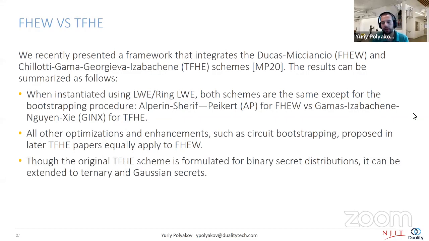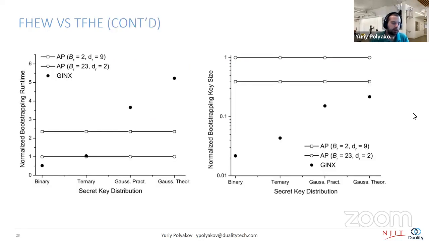Then another, in my opinion, important result of this paper: it shows that although the original TFHE scheme was explicitly formulated for binary secret distributions, and whether binary secrets are considered very secure is still being discussed at this point, the scheme itself is not limited to that choice. We show how it can be extended to ternary or Gaussian secrets. And in terms of its behavior with